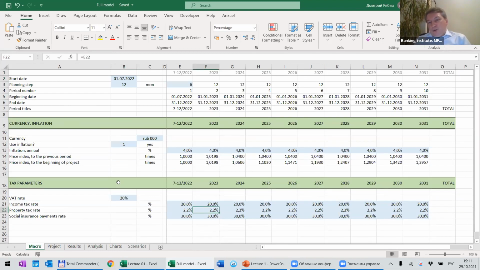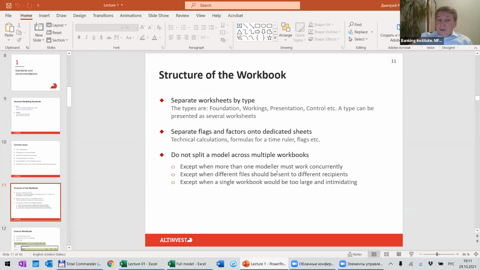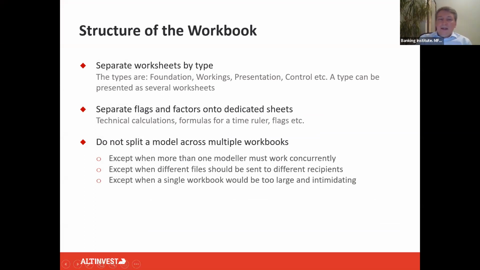So you actually have a choice. You can put any report, any block of information of your model on a separate sheet, or you can develop sheets for sections in your model. So these are two possible approaches. And just like it is very recommended to put your model on several worksheets, it is highly not recommended to